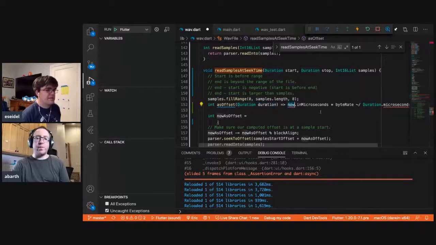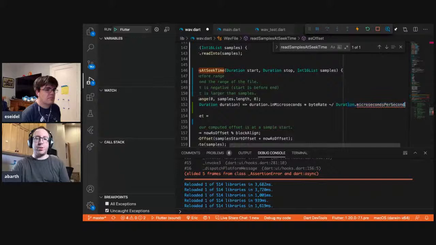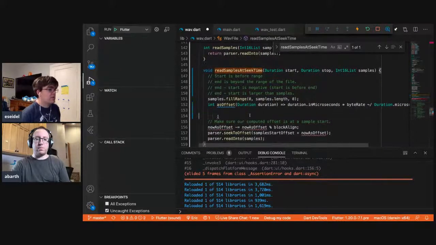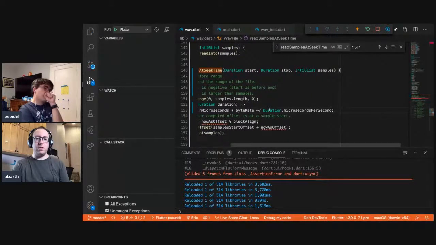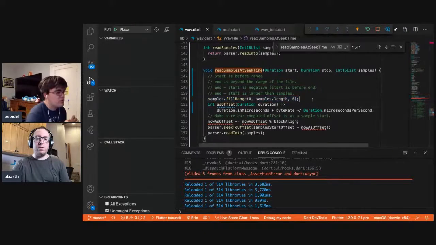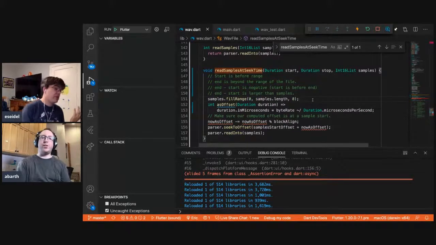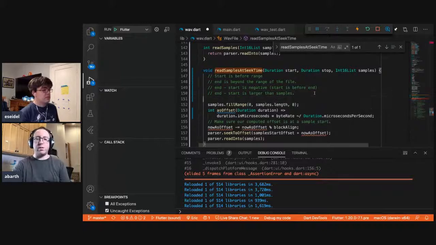So I think we can actually get rid of this fill range, because now the caller is being explicit about what they want us to do. In some sense, if we don't do what they ask, we're going to throw an exception. Somebody still has to zero the buffer, so that's what this does. It's saying, whatever buffer you handed me, I'm zeroing it. We could make the callers do that, but we should do it here just to make sure we don't leave stale data.